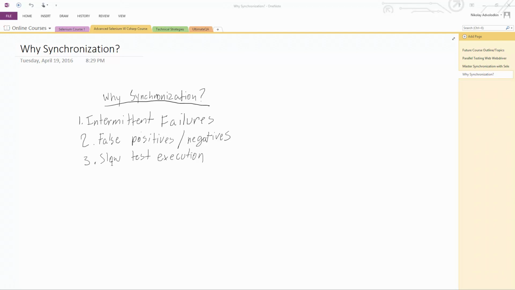The final problem that can occur with bad synchronization strategies is slow test execution. And this mainly refers to when you use improper synchronization techniques. What's going to happen is your test is going to run way too slow, right? Your application under test is going to be running much faster than your actual code. And so you may not be acting like the end user with your functional test. What you may be doing is just waiting too long at every single step and wasting a lot of valuable